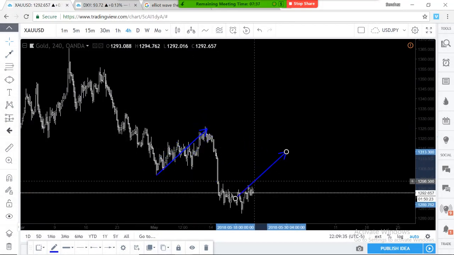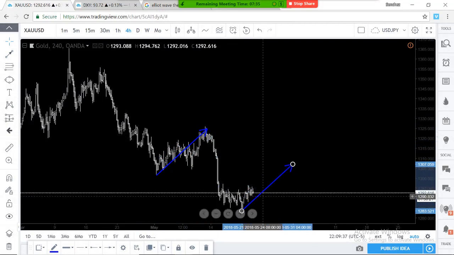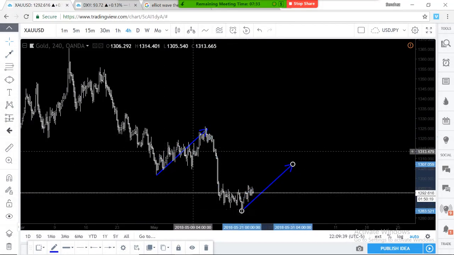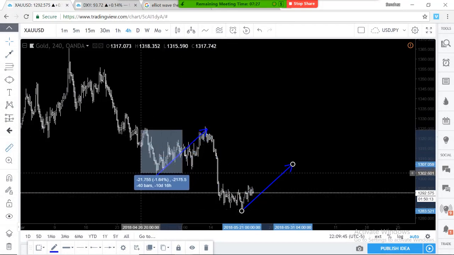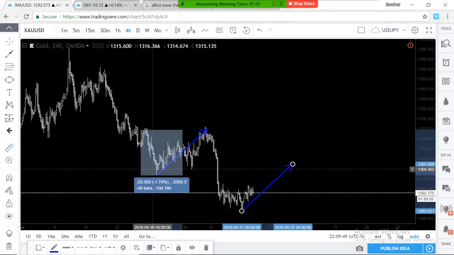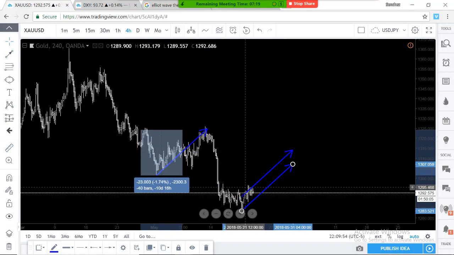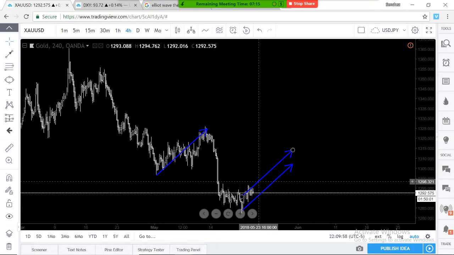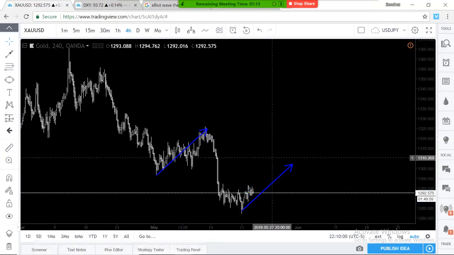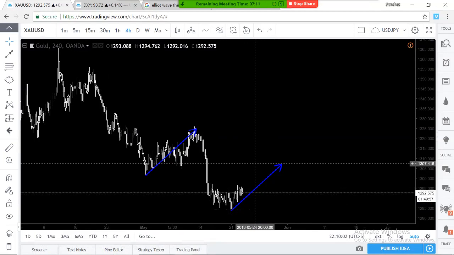Okay. So we can expect at least to go up that high. How many pips is that? That's a lot. 230 pips. So if I clone that, oh no, I can't clone that. But anyways, that leg right there is 230 pips. So that's how much I think we're good in for this gold versus dollar trend.